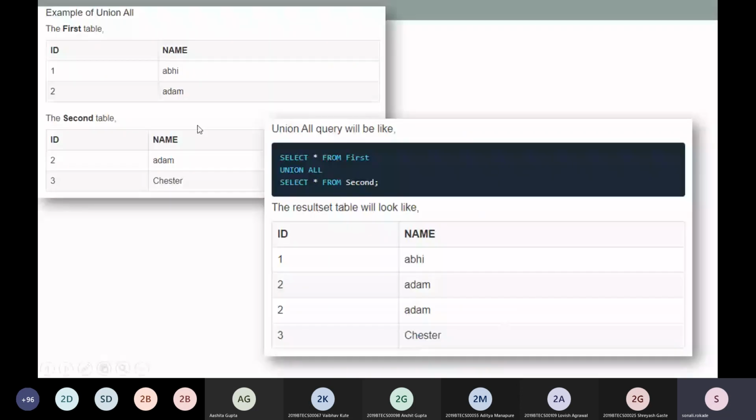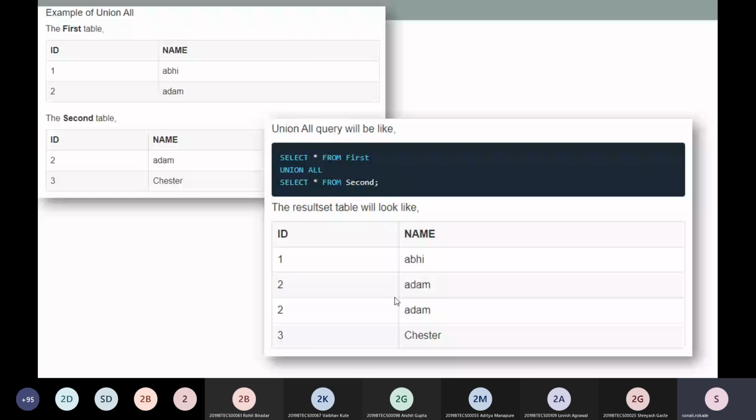So here is that table, the same one with values 1, 2, 2, 3. Okay. So with the help of union all, we are not going to remove the redundancy. We are having that data here only. Okay. So why is this happening? If we are selecting with a particular clause or with a particular condition, at that time these two data can be different. And if we are having that condition and only one value will get displayed with the help of union, the second value will not get displayed on our screen. So this can happen. Only one student can get his result on screen, but another cannot. Okay, so in this way it sometimes happens.